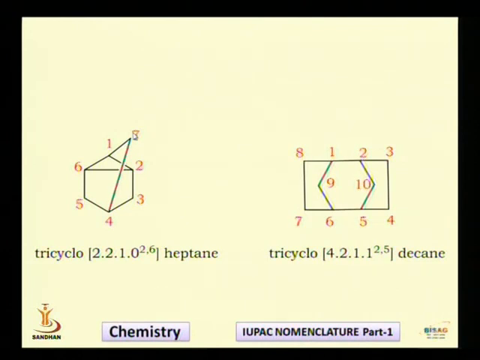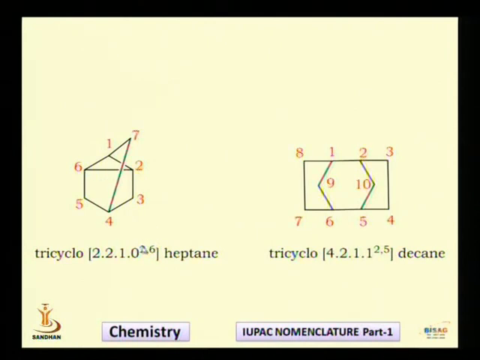So now you write that number. So I am writing 1 over here. So this indicates that there is 1 carbon on principal bridge. Then after I have to count the number of atoms on the subsidiary bridge. This is my subsidiary bridge, and there is no carbon. So I will write 0. But I will have to indicate where my subsidiary bridge is. So subsidiary bridge is connecting number 2 and 6.